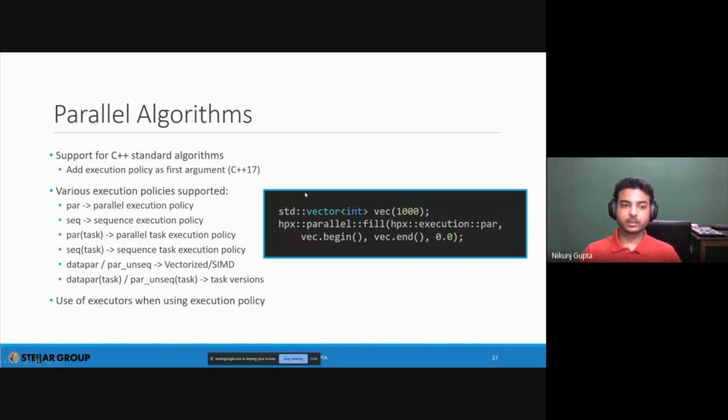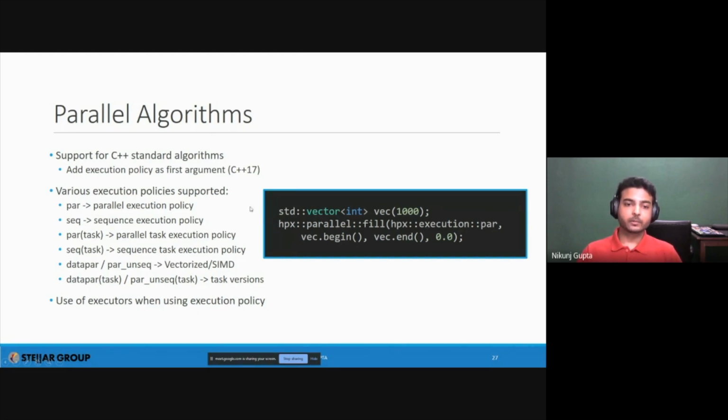The key noteworthy ones are par, which is the parallel execution policy, and seq, which is the sequential execution policy. If you do not provide any execution policy, the default is the sequential execution policy, in which case it's blocking and actually runs as a sequential operation. It's not parallelized in any way.